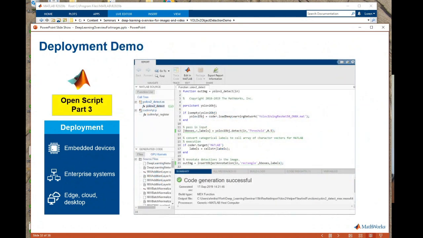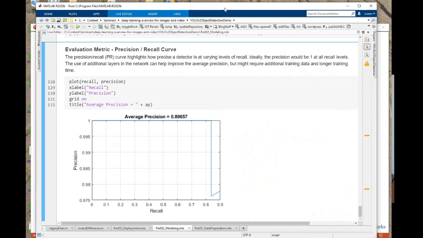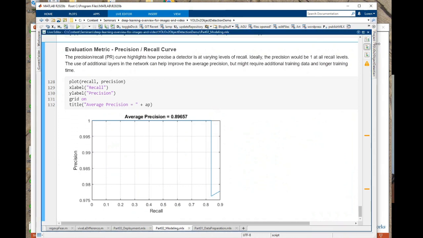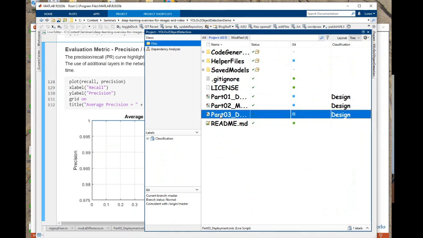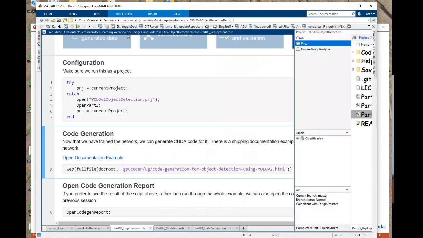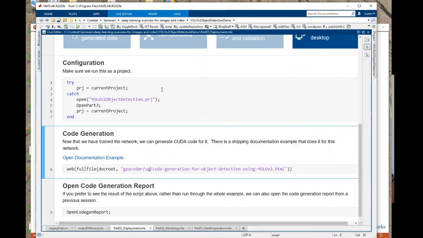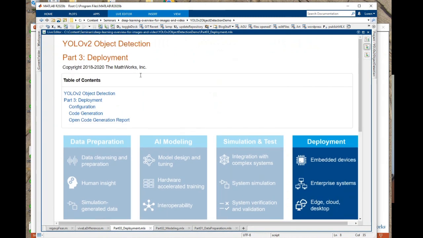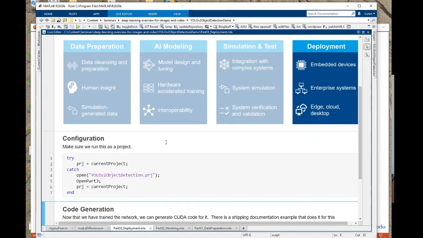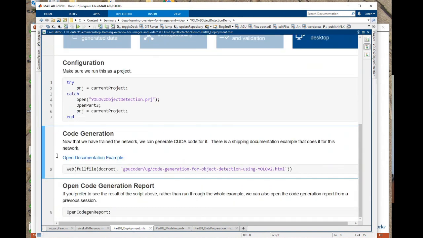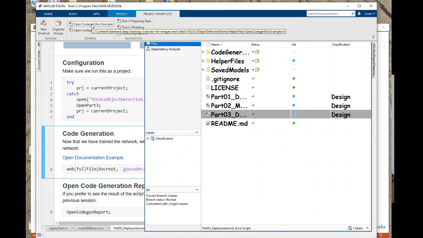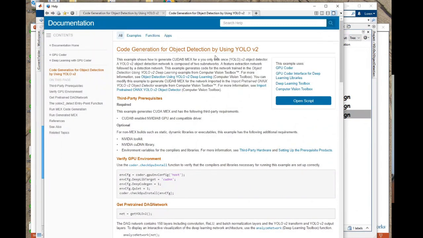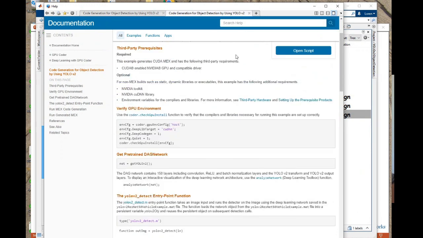I want to now come back to MATLAB, and I'm not going to actually create the code right now, but I've got the analysis left over. Okay, so we're now thinking about deployment, and we could run this. What you'll see is that if I come over here into my project, I have some documentation here. I can bring up a documentation example, code generation for object detection by using YOLO v2, and it goes through and tells you how to